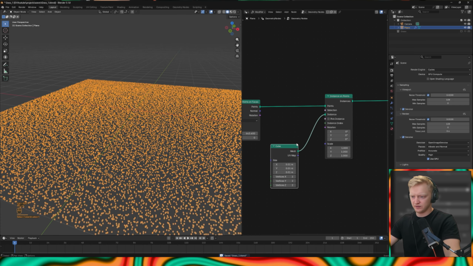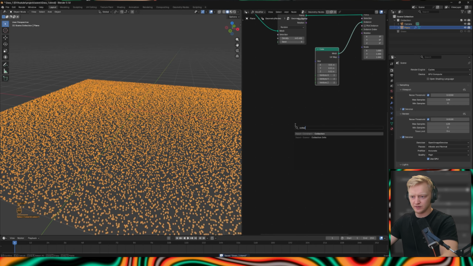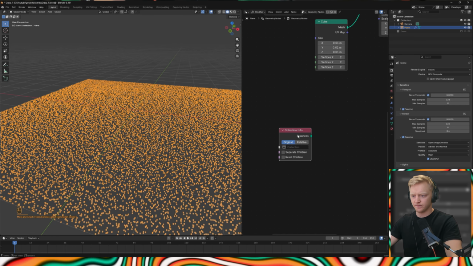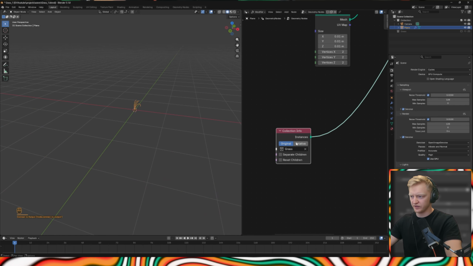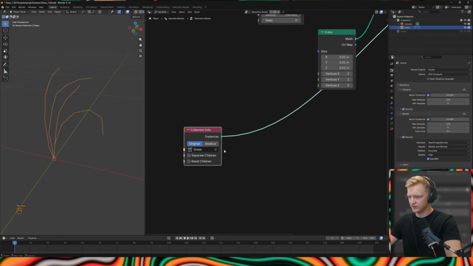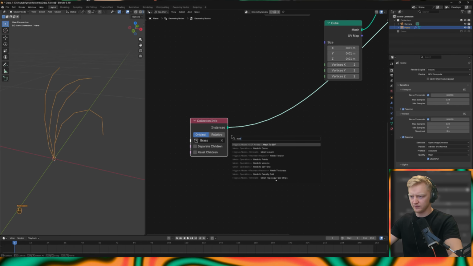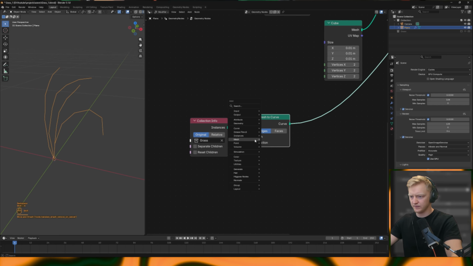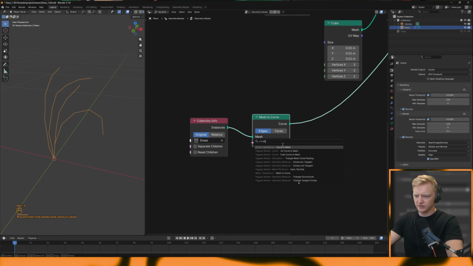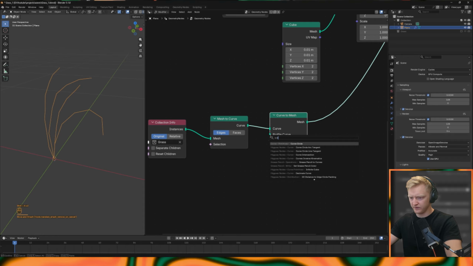And now in here, collection info. Grass. Okay, now let's give it thickness. So mesh to curve, curve to mesh, curve circle,